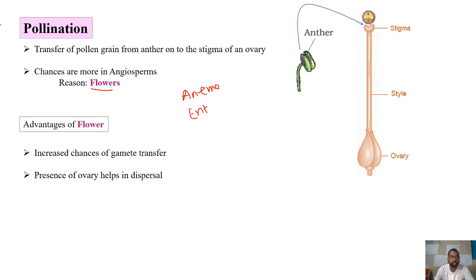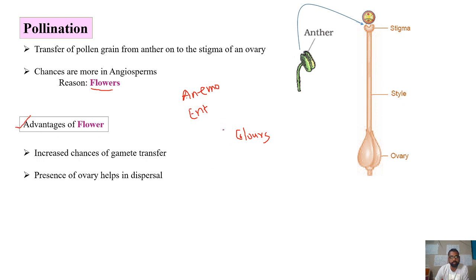So how can these flowers help in the increased chances of pollination? When you look into that particular aspect, as the flowers possess colors, they can attract the pollinating agents. As the flowers possess nectar, they can provide a reward for the pollinating agent, therefore it will get pollinated. Or it may release some scents, therefore it will get pollinated. So the flower can always help in the pollination process, and it will always increase the chance of pollination. So these are the advantages of the flowers.